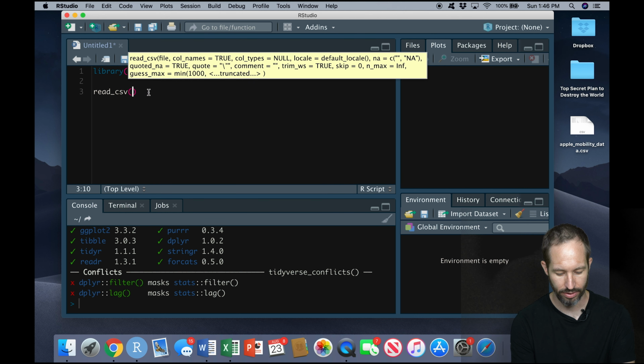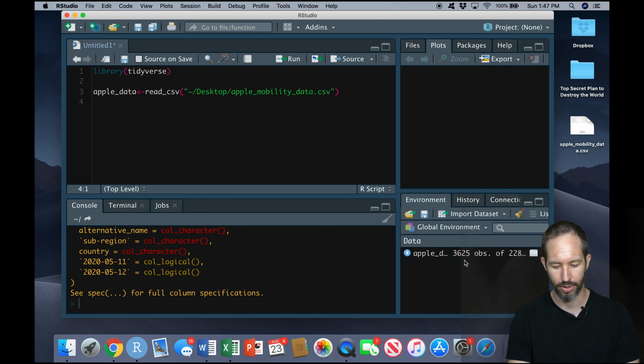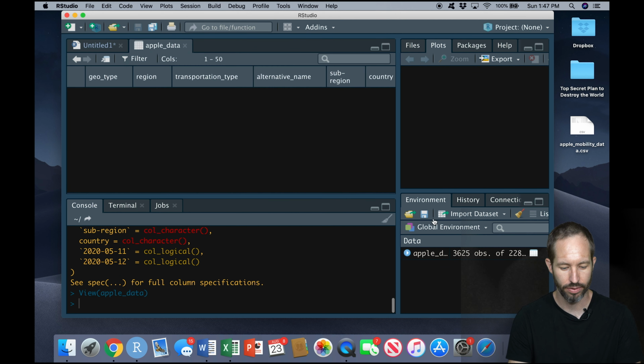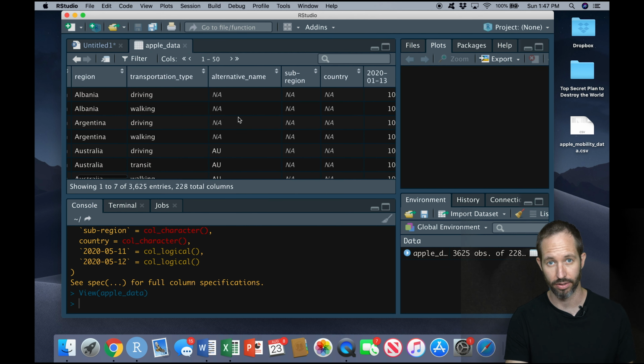So mine is on my desktop. I'm going to have to write out the file path here. That's the location on your computer where the file exists. You're going to want to take care to make sure you've spelled that exactly right. One capital letter, one missing underscore, whatever it is, will result in an error message. Okay, so I'm going to call this Apple Data. And here you can see in my environment pane, we've got the same data we looked at in our data